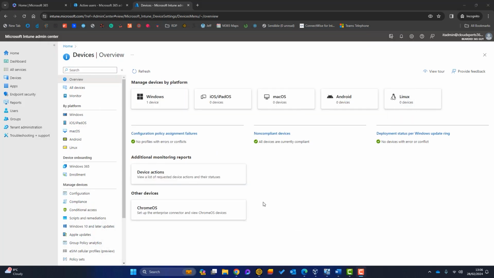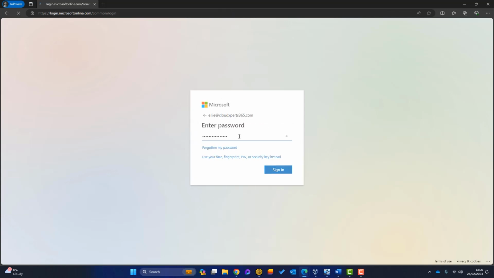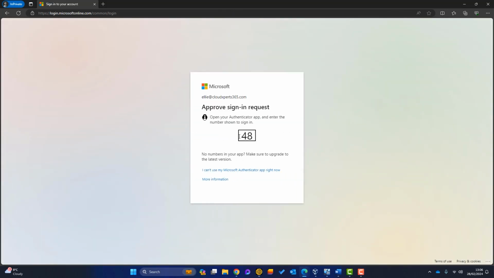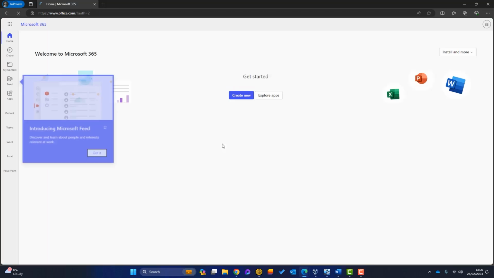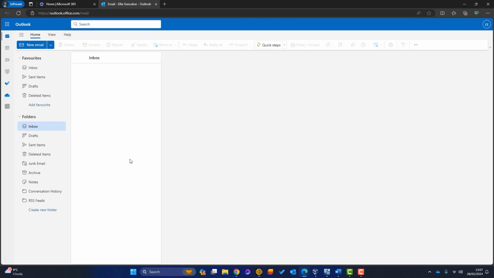Now, because I've got no restrictions in place, I can also go to a web browser on this PC. This is the PC I'm filming on. It's not in Intune. It's not managed by that organization. And I can log on to the web portal of Microsoft 365 and also access those applications. I'll enter Ellie's email address and her password, and it's going to prompt me now for multi-factor authentication. Click yes on there, and that should approve the request. And that will log me in to the web version, okay? So there are absolutely no restrictions and there's nothing stopping me.